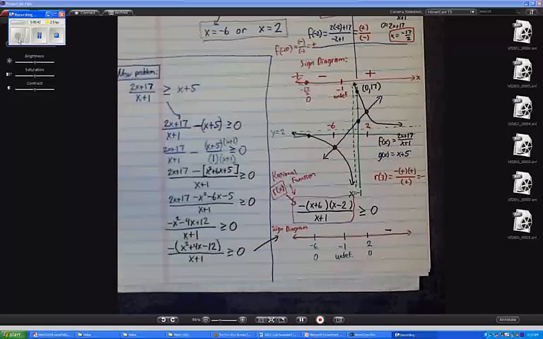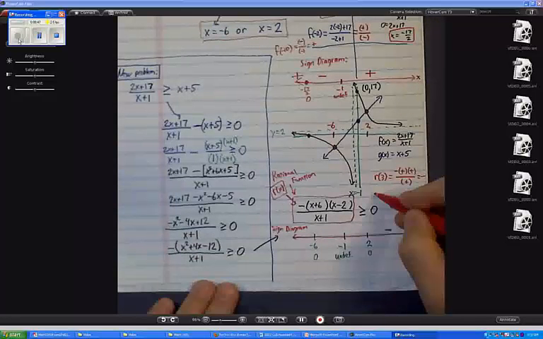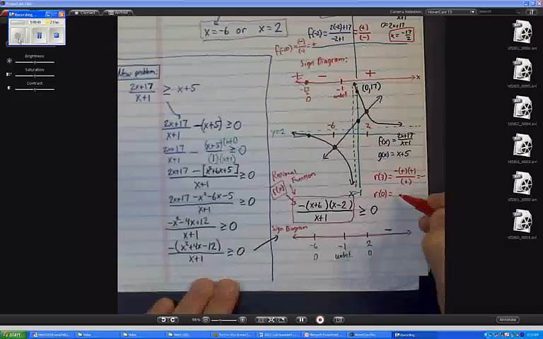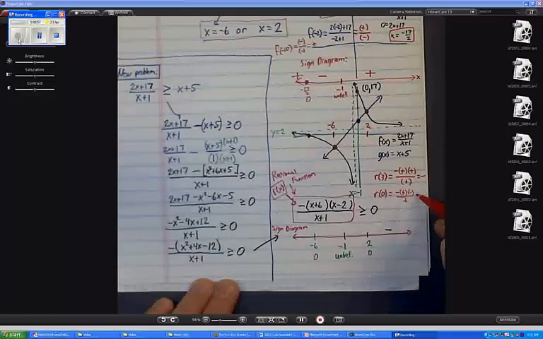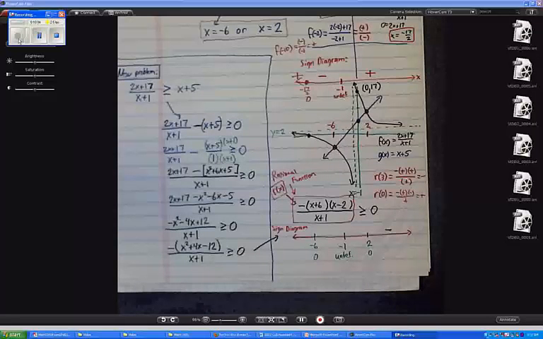How about a number between -1 and 2? 0 is my favorite. Let's find r of 0. It's going to be negative, positive, negative over a positive. What does that equal? It's positive. 2 negatives makes a positive. So I am positive here. Who's with me so far? Nice. Okay. Next,